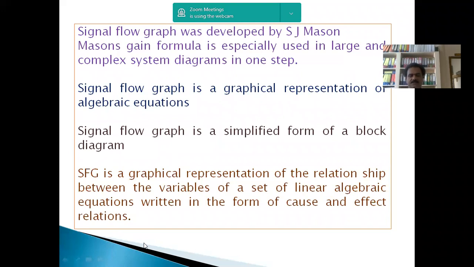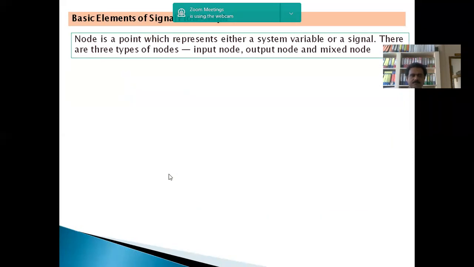So let us discuss that in the next step, while drawing a signal flow graph from the mathematical model. Okay, so this is the advantage. There are so many advantages if we apply signal flow graph. Now the basic terminology: some terms we have to remember in the signal flow graph. While applying signal flow graph or Mason's gain formula, we have to know certain terms.